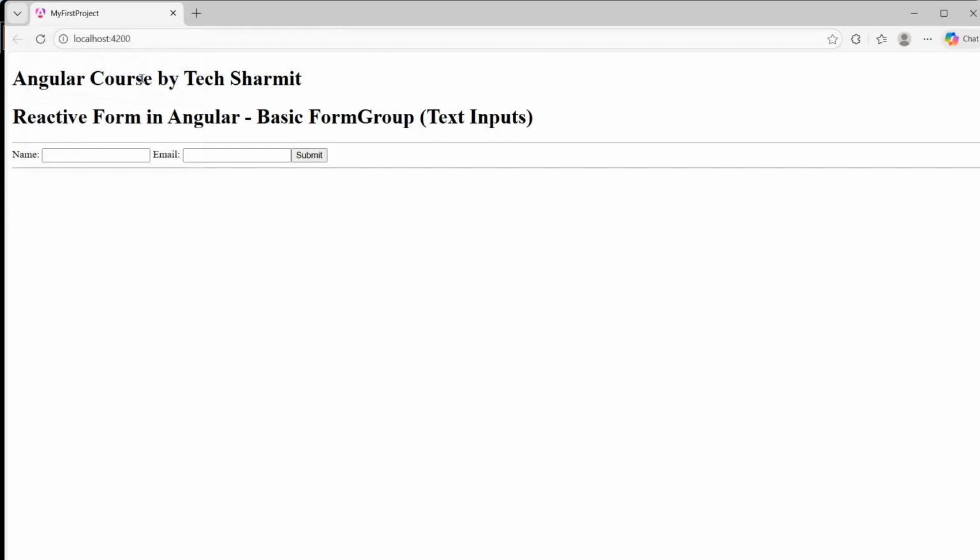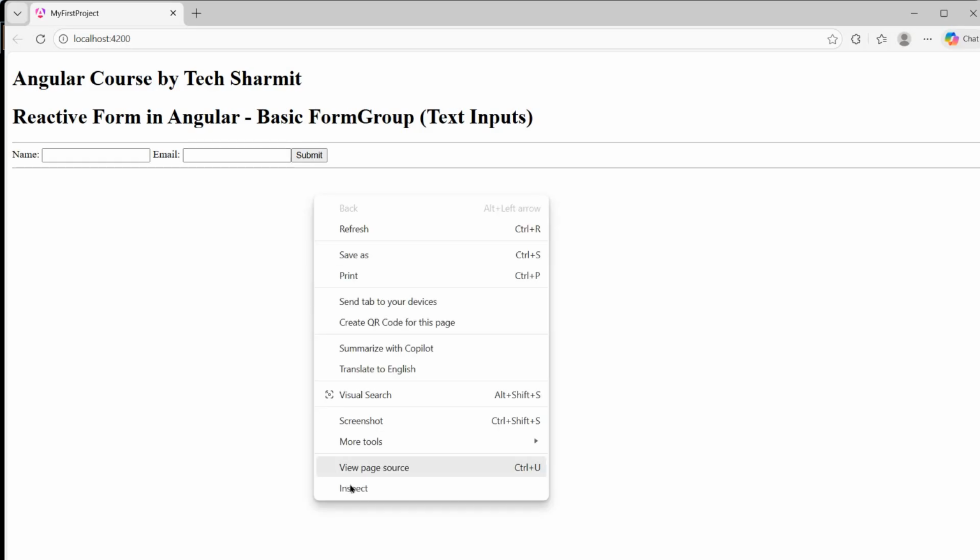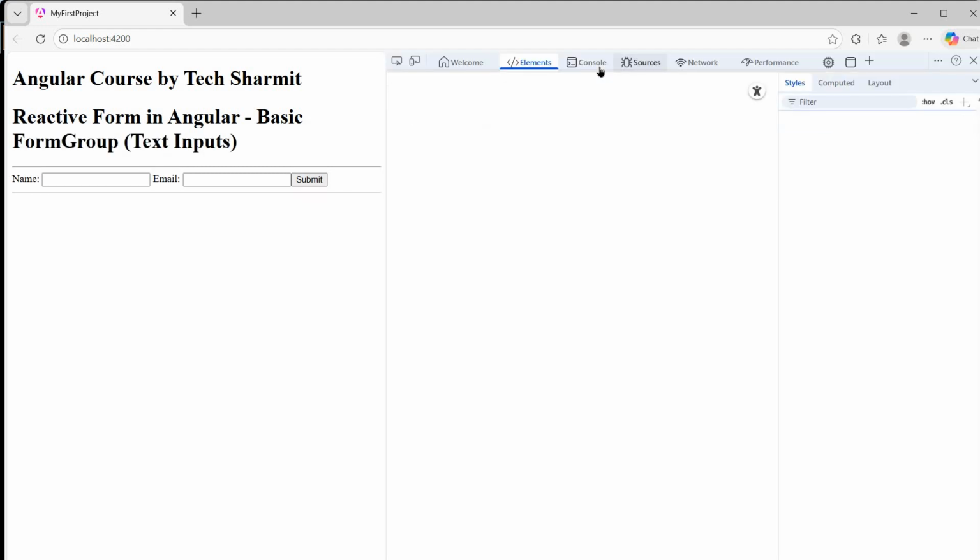We have this one main heading, that is Angular course by Tech Sharmit. The second heading we have is reactive form in Angular, basic form group, text input. Then we have a horizontal row, one label, one input field, one more label, one more input field, and one button that we can use to submit the data. And then we have one horizontal row that is just for separating the headings so that it looks like a form. That's it. Now here you can see, if I click on inspect and go to the console,